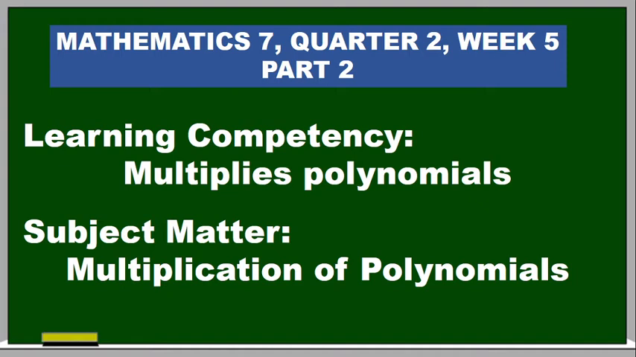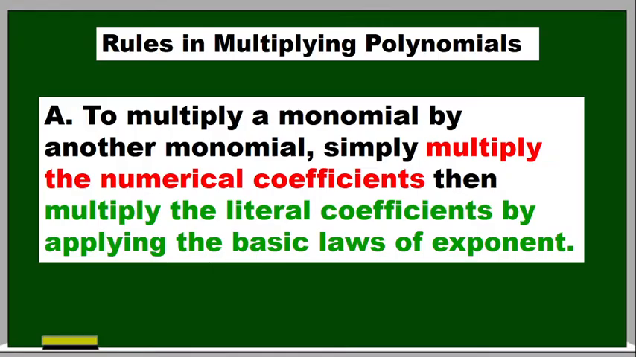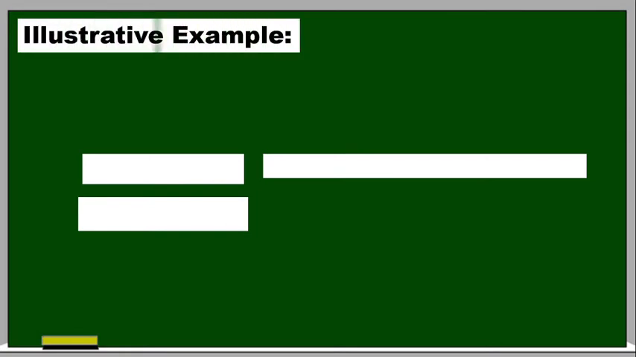Learning competency is multiplies polynomials. So this is all about multiplication of polynomials. And we have rules in multiplying polynomials. So we have letter A. To multiply a monomial by another monomial, simply multiply the numerical coefficients, then multiply the literal coefficients by applying the basic laws of exponent. Okay, for example,